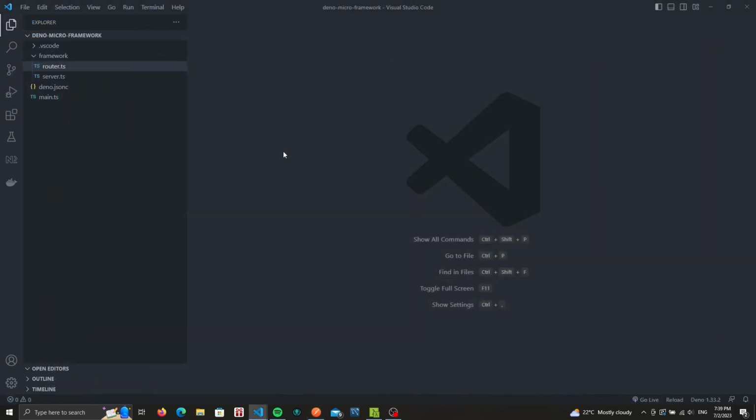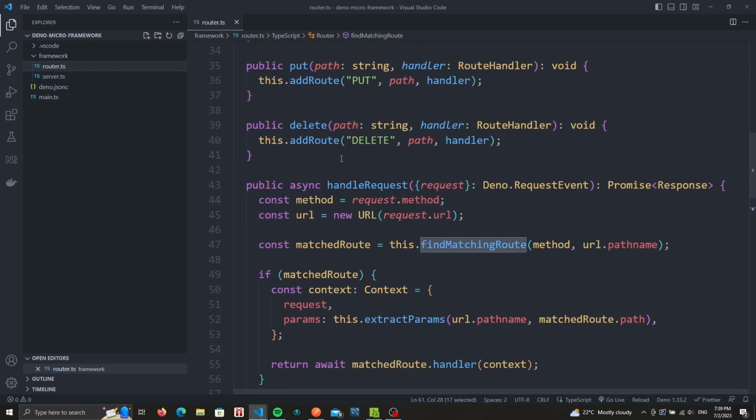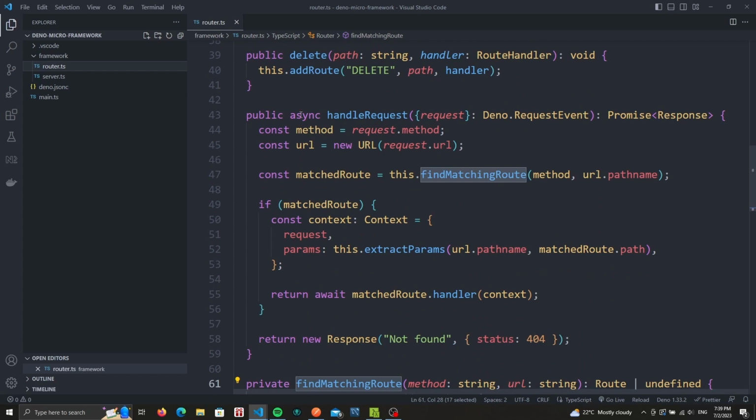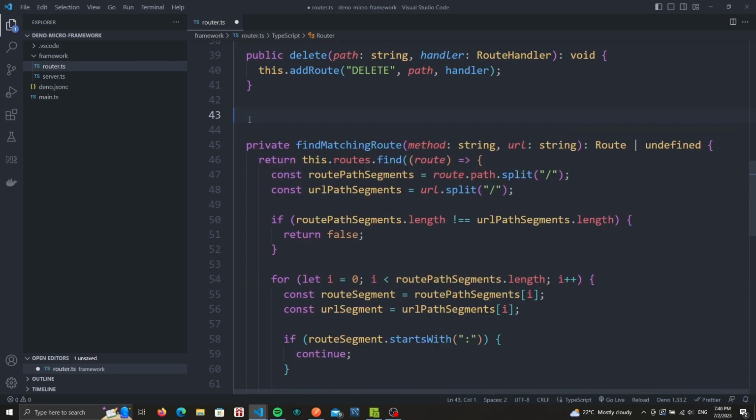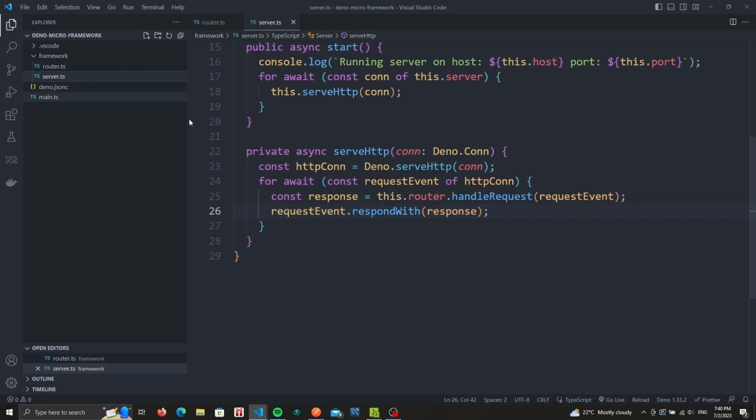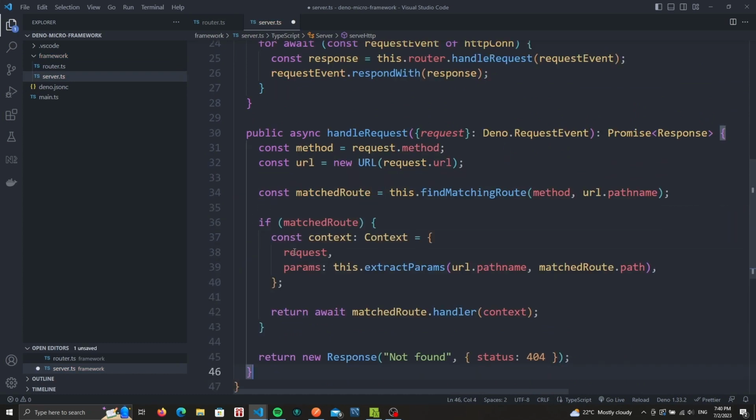I'm back here in our VS Code for our Deno micro framework, and to be able to add this new middleware feature in our framework, we'll need to do a little bit of refactoring first. Inside of the router file, at the bottom for our function handle request, I will move this into our server file. So I will just remove this, and inside of our server file, after server HTTP, we'll simply add a private